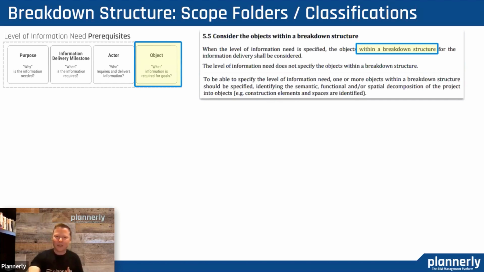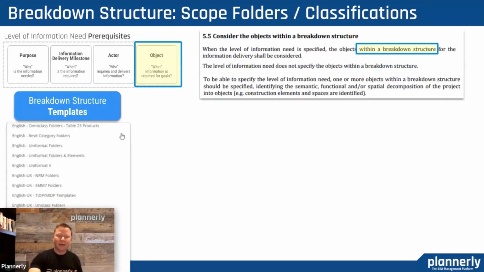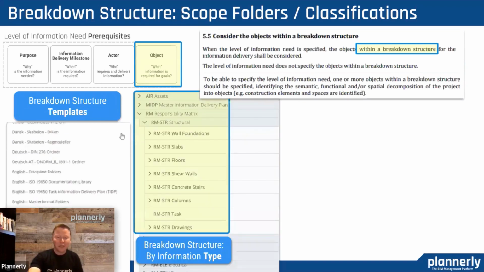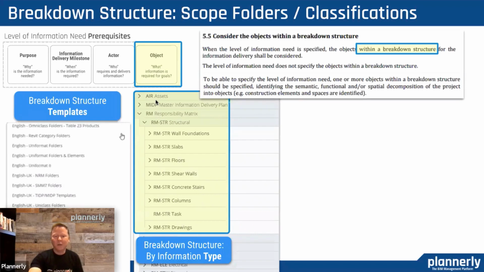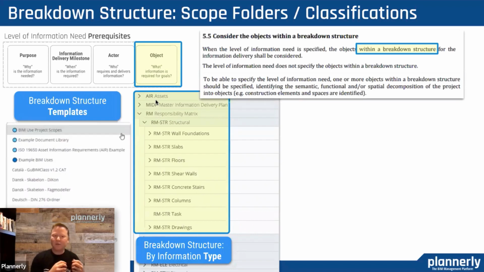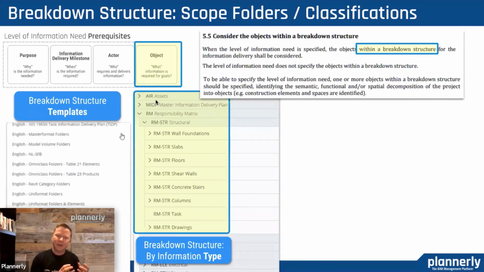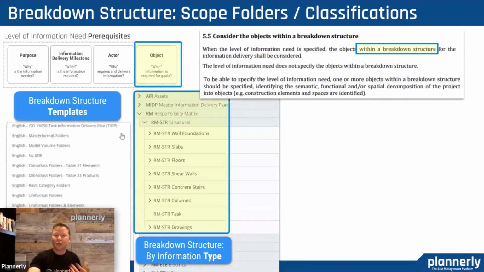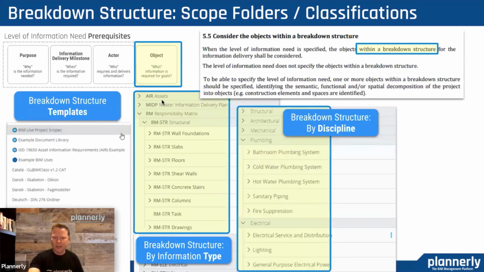Next part is understanding what is actually required. So within a breakdown structure, how are we going to break it down? We recommend that you use templates and having a structured classification structure, but also understanding here where we have different types of information inside of the same database related to the assets. Is it related to the responsibility matrix? And we'll show you how that helps us in creating very filtered and clear documentation later on.